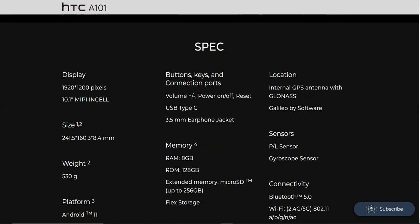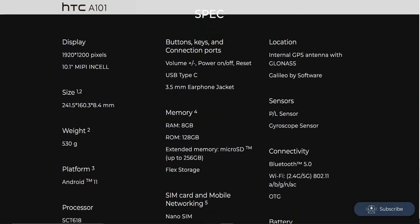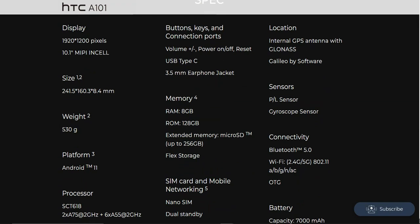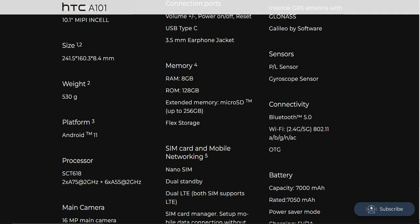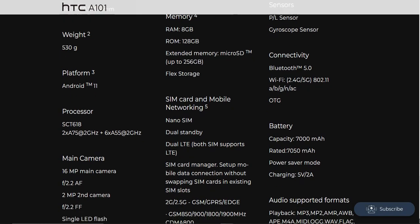So you guys have a 10.1 inch display, 1920 by 1200 pixels. There's the dimensions there, 530 grams of weight. Android 11, according to this, which is a bit outdated now. It has a SC T618 octa-core processor, 16 megapixel main camera with the f2.2 aperture autofocus,